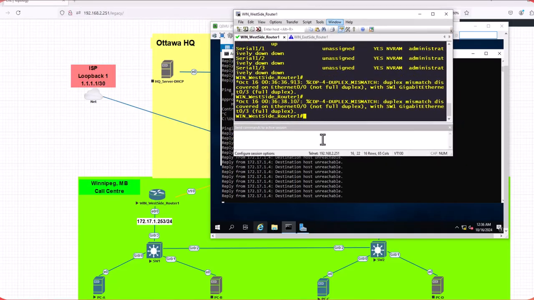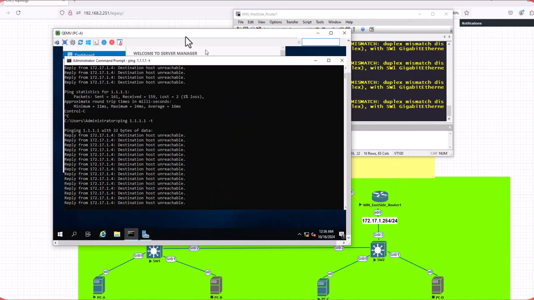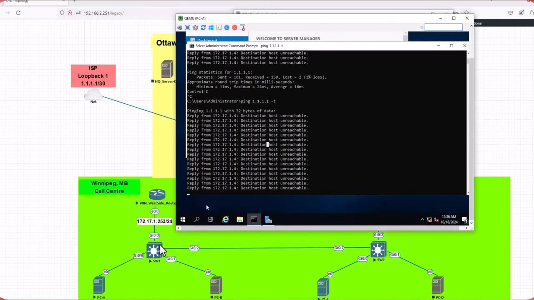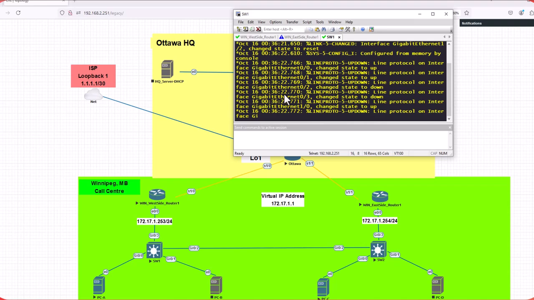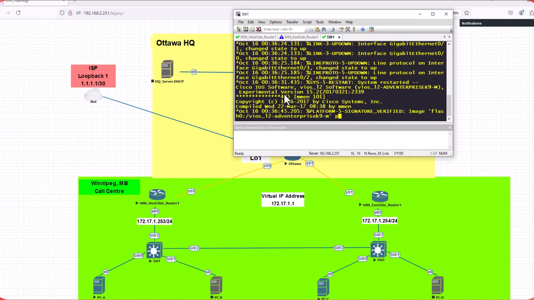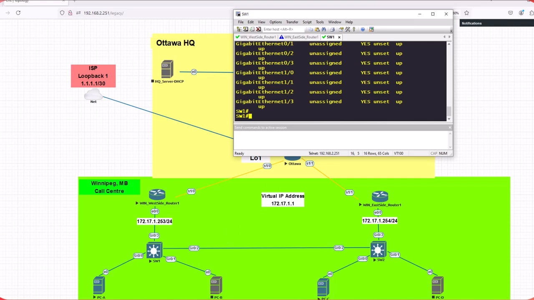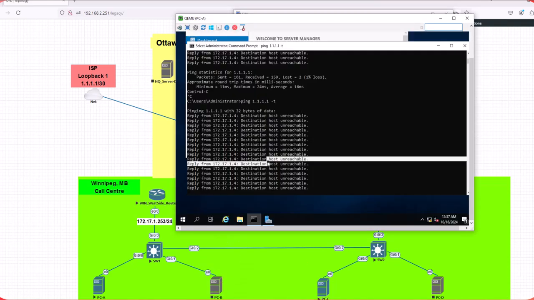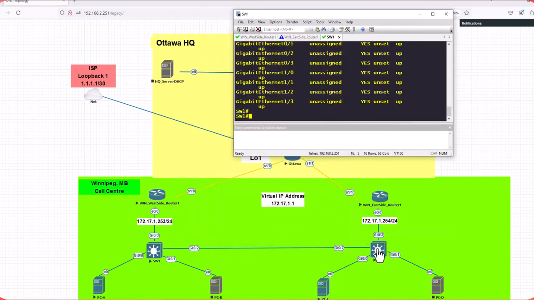and 253. So let me connect to switch 1. Yes, switch 1 is up. Show IP int brief. Okay, all my interfaces are up. Let me see if I can. Yeah, I can now ping. Okay, so right now I have connectivity. I just connected these two switches. Now I'm gonna go and